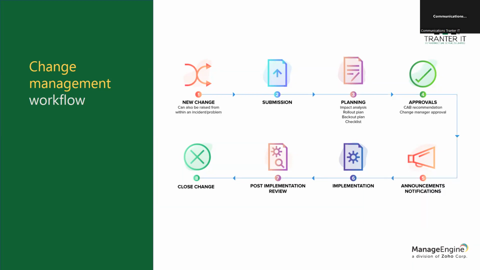So announcements. After approvals, you have the announcement page, whereby a change has been approved and you want to communicate to users. Most times, we can't blame some people, most of us keep missing mails, maybe because we are in so many distribution mail groups, or due to the workload that an individual is on. So we have the announcement and notification module or feature on the change module, whereby we can send out